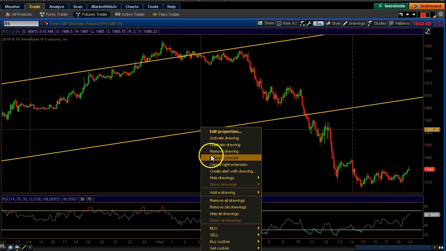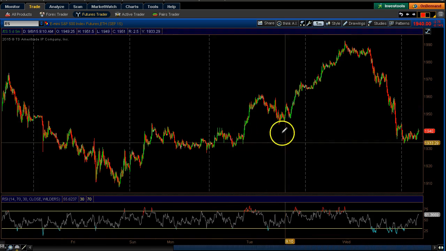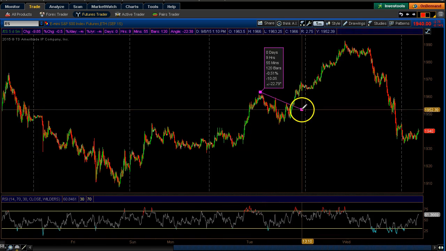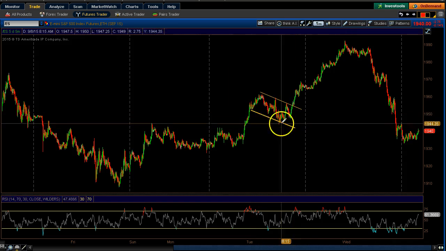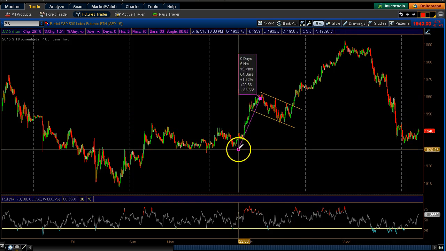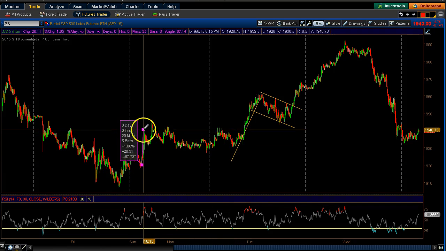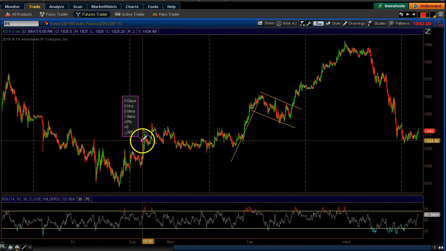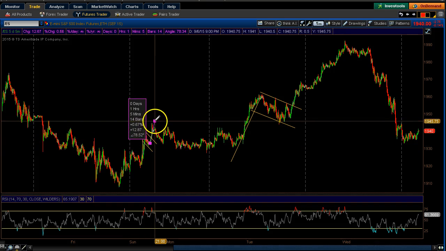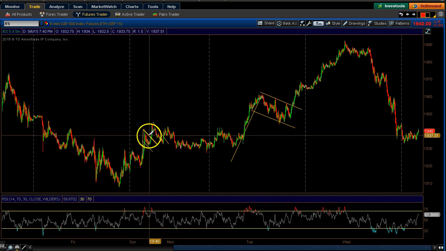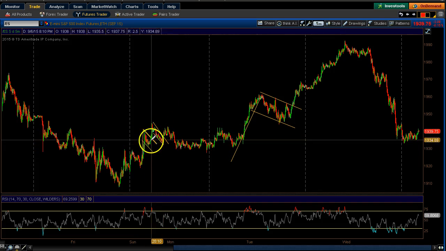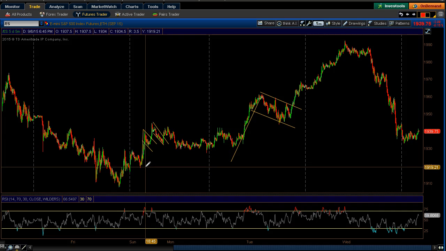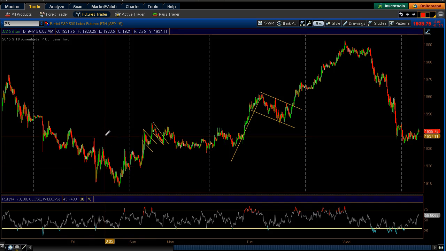Flag patterns, I like to look for flags, something like this, right? We have a nice flag, and here's the flag pole, right? We see it here, flag pole, and price consolidates to lower, and then it breaks out to the upside. Same exact thing over here, right? So now you've seen flag patterns. You've seen head and shoulders, you've seen inverse head and shoulders, you've seen channels, and you've also seen